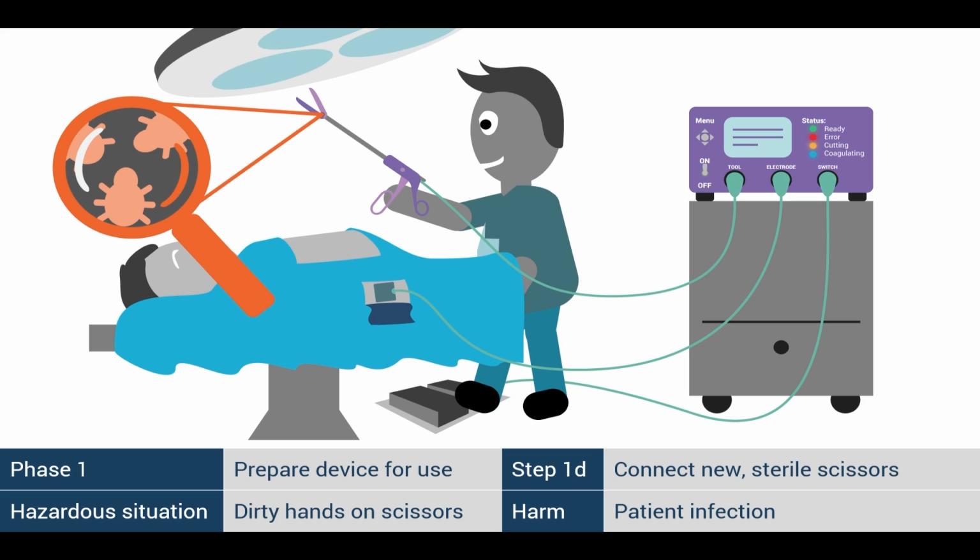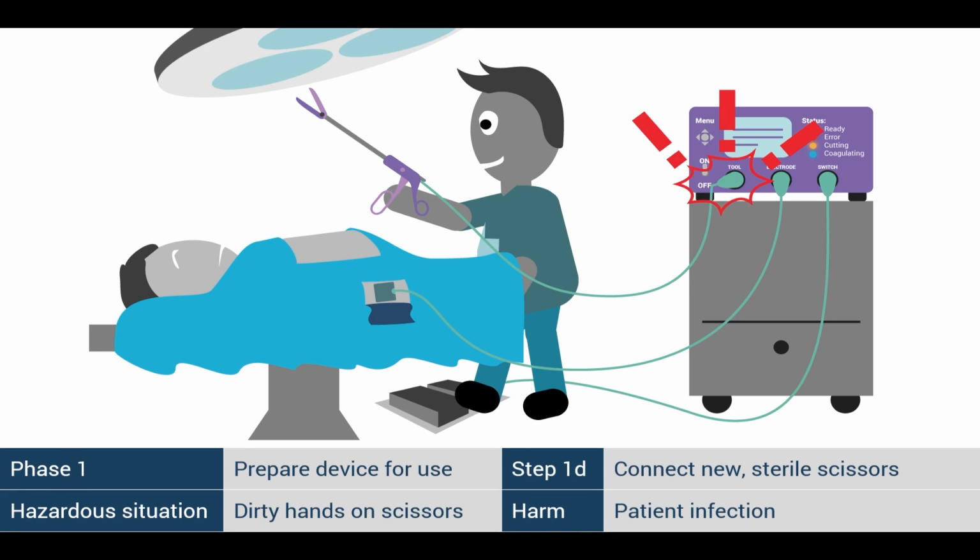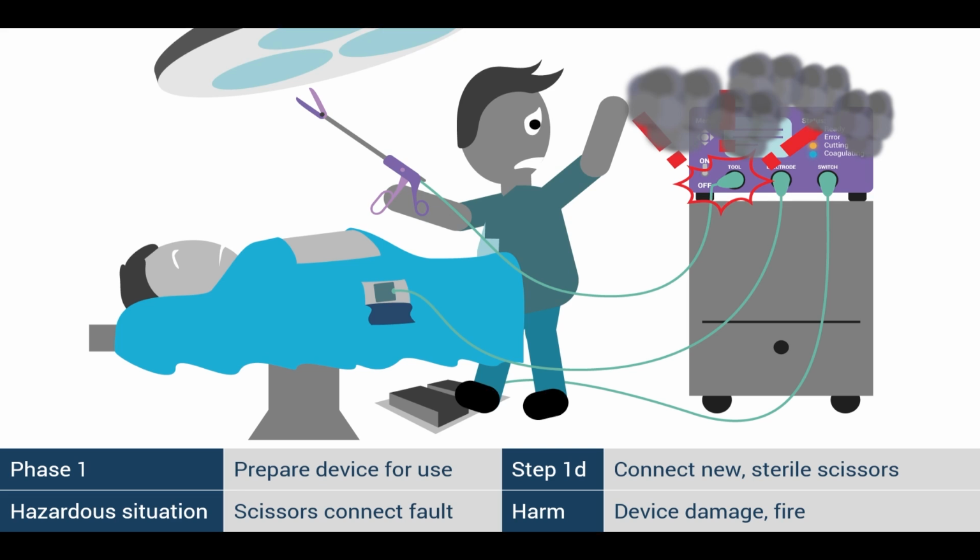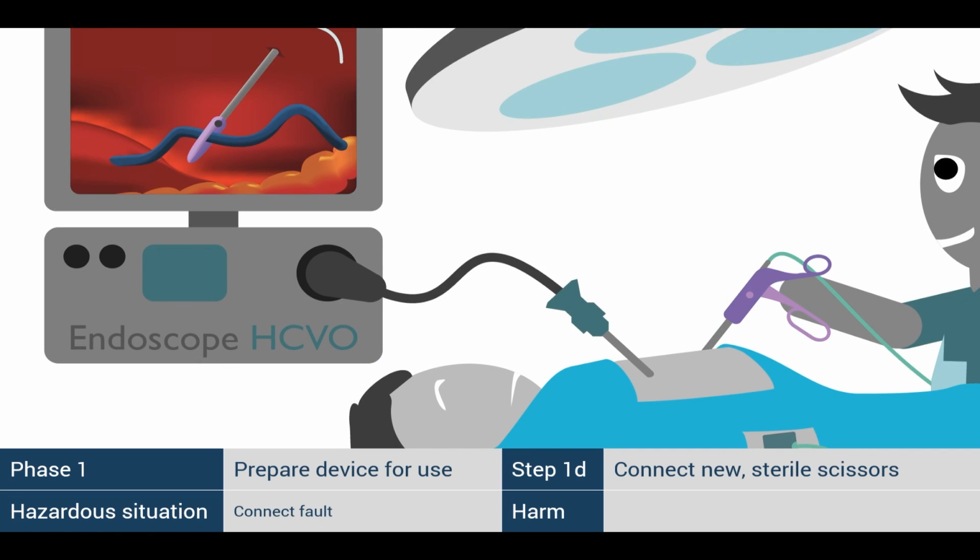In the same step, there's an electromechanical hazard. If one of the pins of the connector is a bit bent or the connector is plugged in a bit tilted, one of the connector pins might short circuit with another or not connect at all. One of the potential consequences of this could be that at the moment the surgeon wants to cut and coagulate a blood vessel so it doesn't bleed after cutting, the device only mechanically cuts with its sharp blades, but does not coagulate. This could delay surgery and cause severe blood loss.